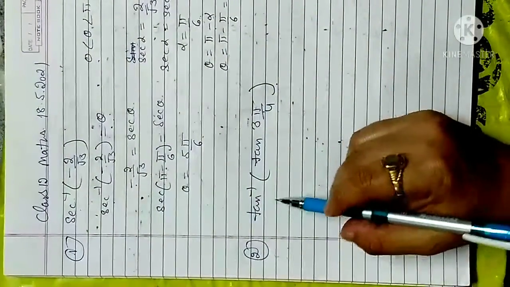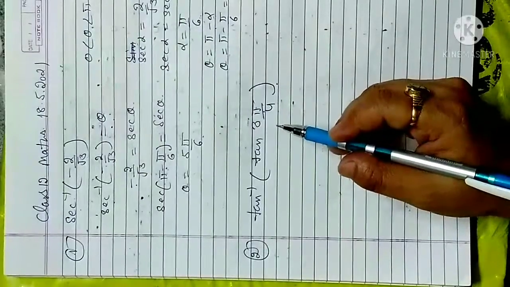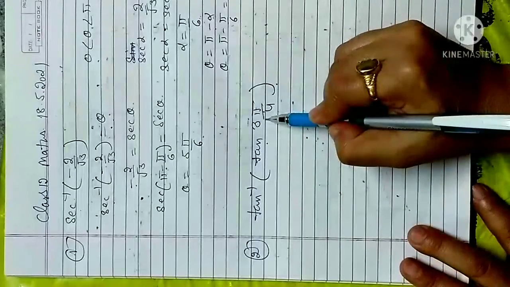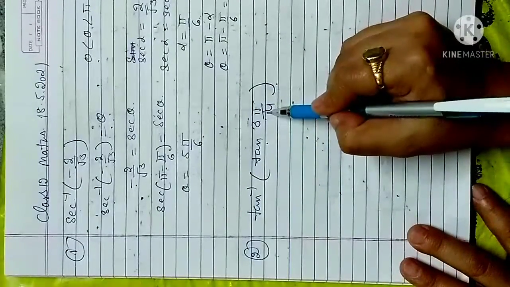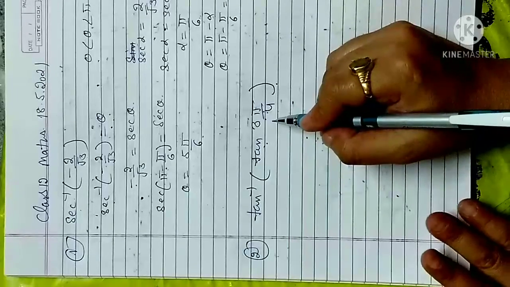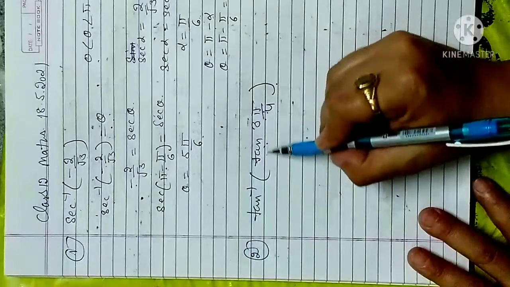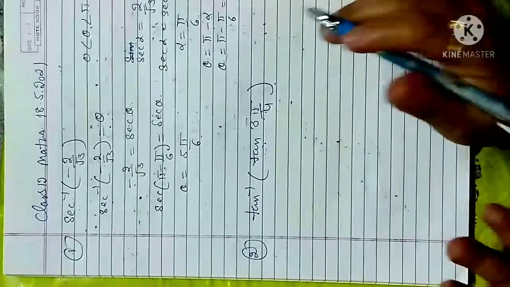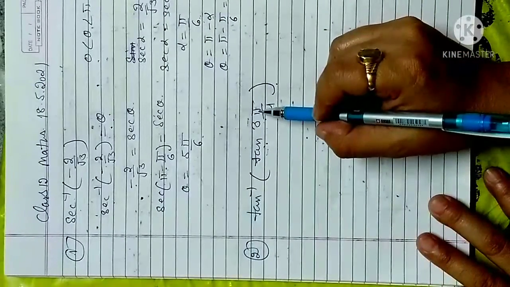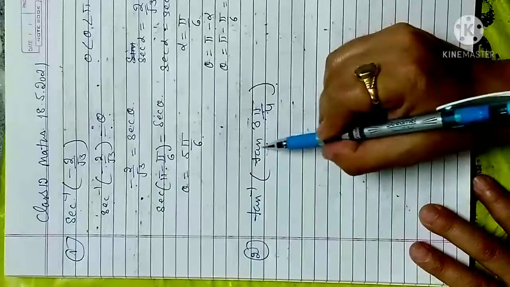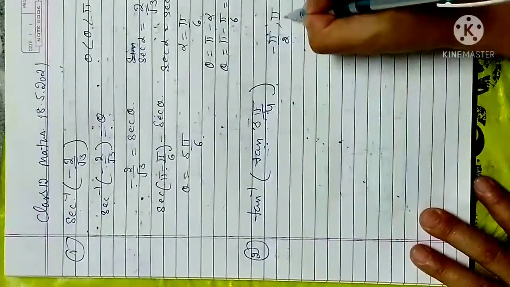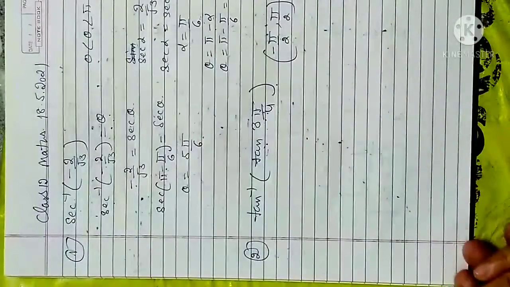Next is my question, tan inverse of tan 3 pi by 4. I told you that whatever term is written in the bracket, if it is tan theta, you look at the domain of tan theta. If tan inverse is in the bracket, you look at the domain of tan inverse. Here, tan of 3 pi by 4 is in the bracket, so I have to find the domain of tan theta. The domain of tan theta is minus pi by 2 to pi by 2, where the end points are not included, so it is a round bracket.